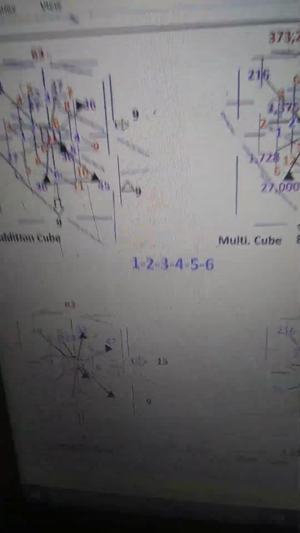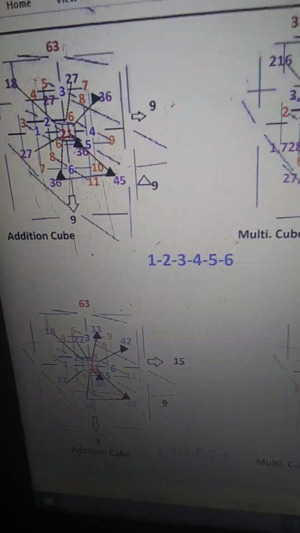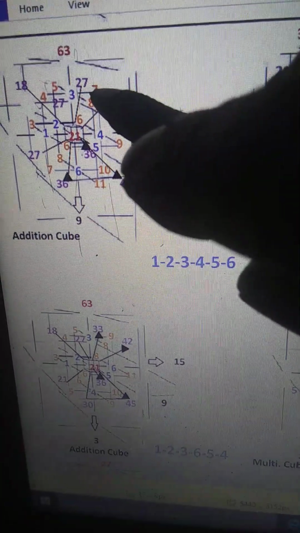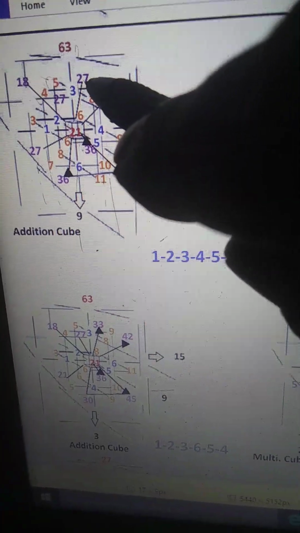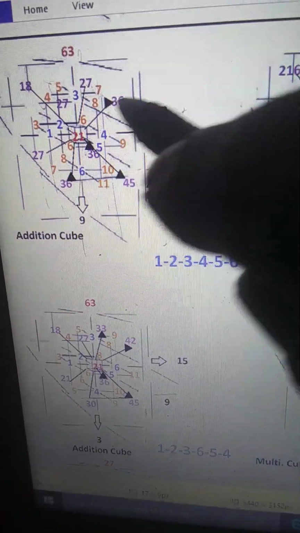Same as with these. They all share a 9, 9, 9. 18 is separated from 27 by 9. 27 is separated